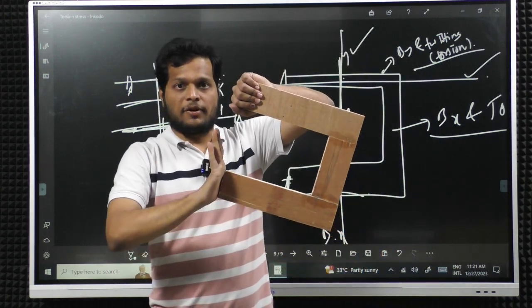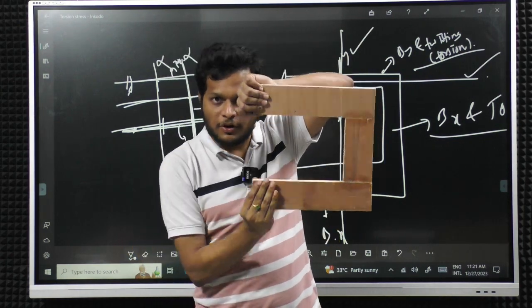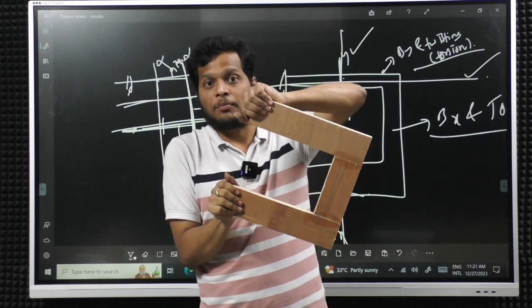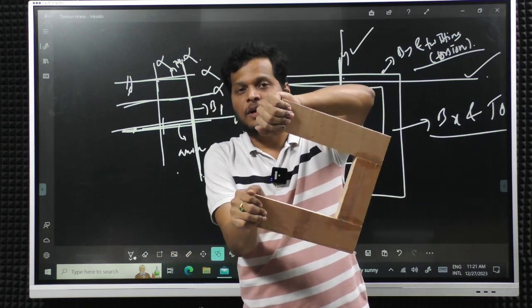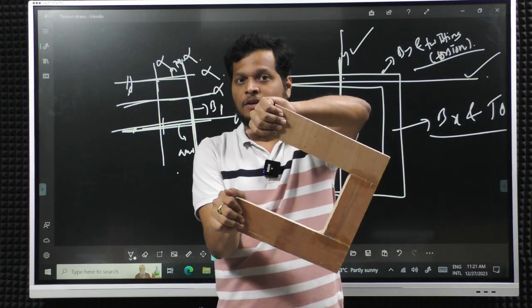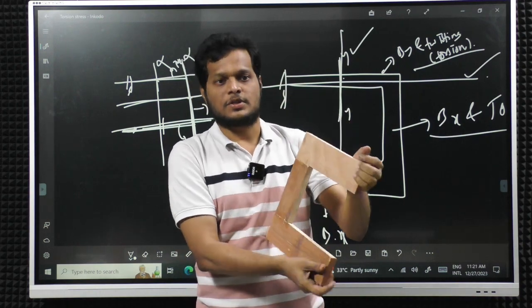So, you can see if I apply the load like this, there is no twisting. If I apply the load downward, there is no twisting. If I apply the load away from the plane, you can feel it is getting twisted. It is getting twisted. This twist will continue here also, because you see,